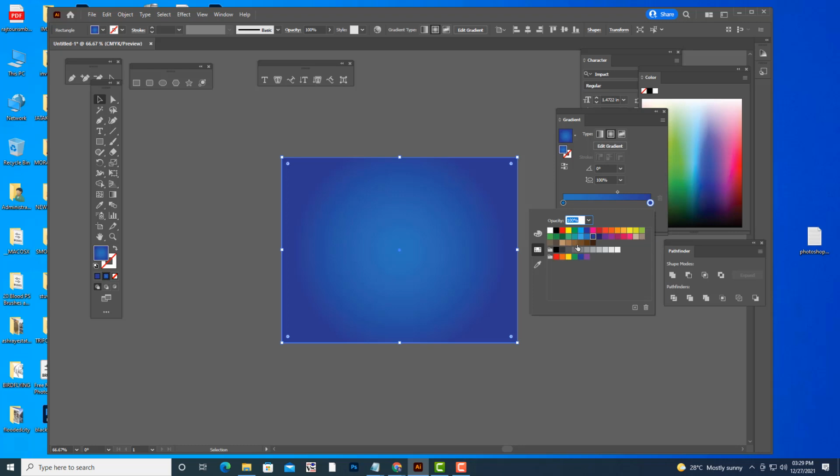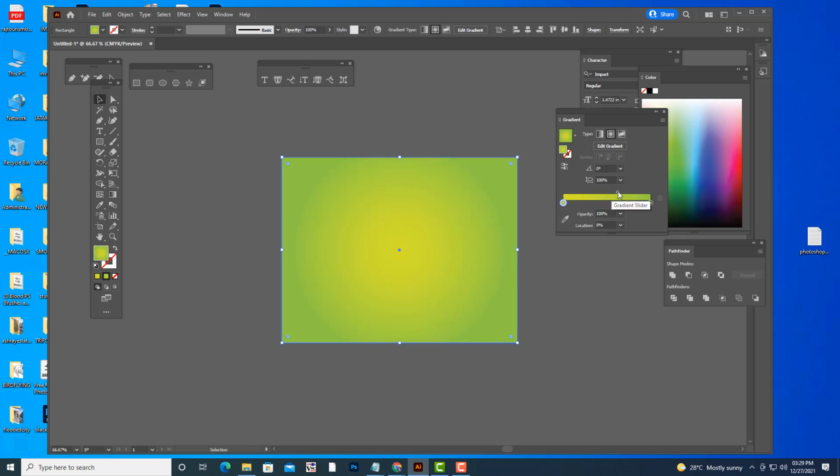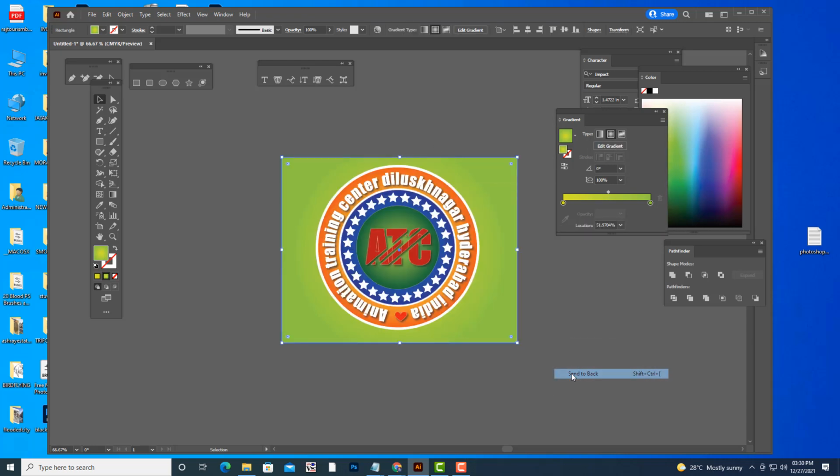This type of color we'll give: green and something like a lime green. We'll center it, and then right click, arrange, send to back.